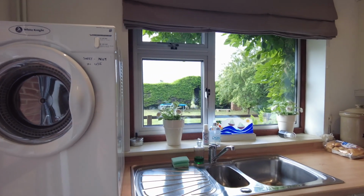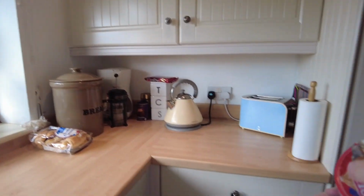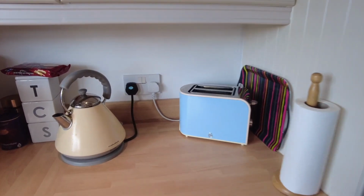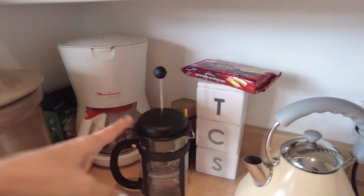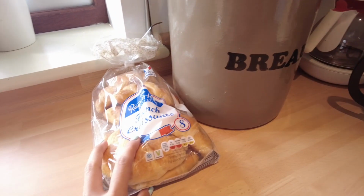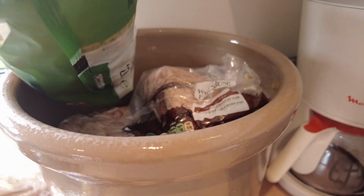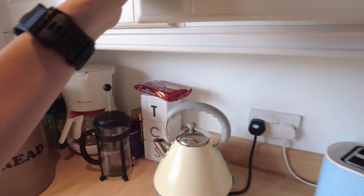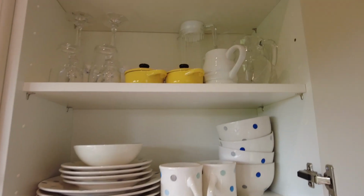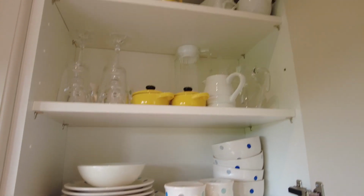Here's the kitchen. Here's my husband making me some cup noodles, and they have here a kettle, toaster, 2 coffee makers. They provide croissant and breads. Yeah, so we did our grocery shopping the other day and got crazy with just buying. These are all the, what do you call this, china that they provide,